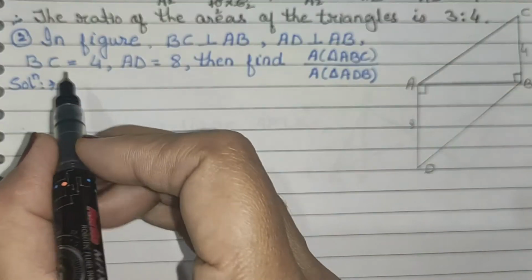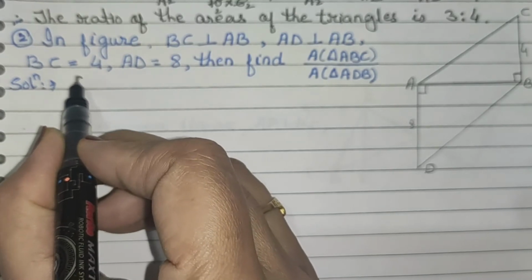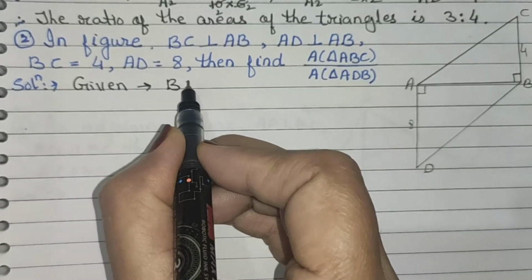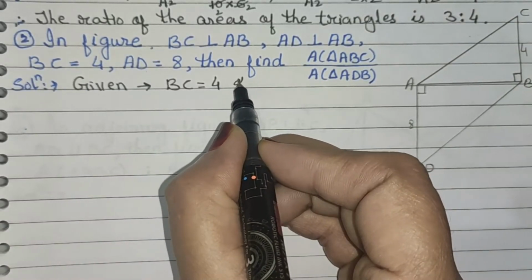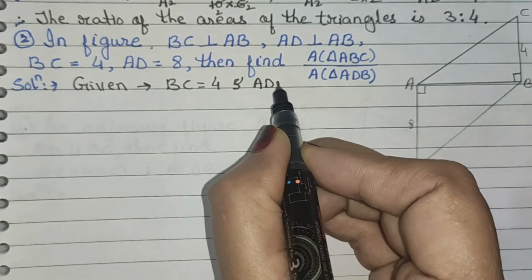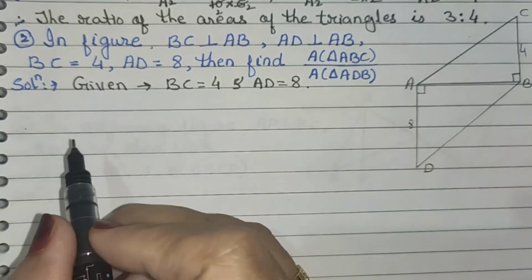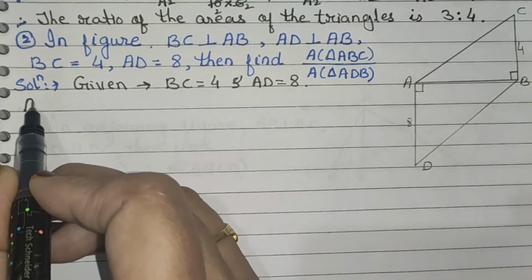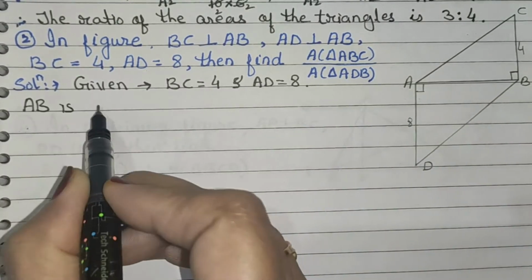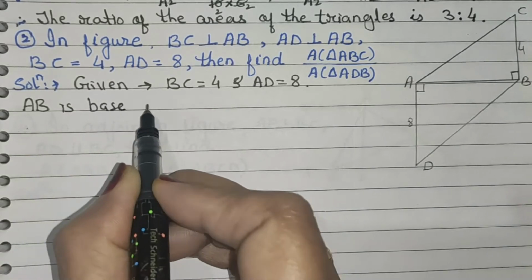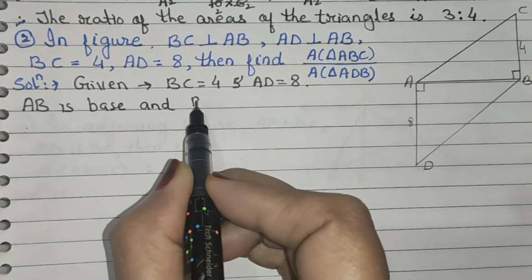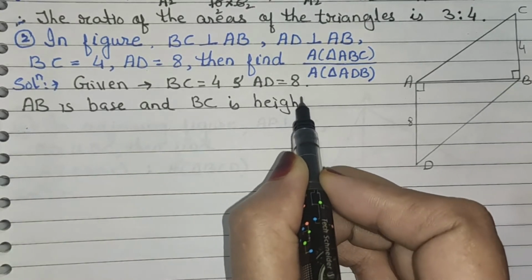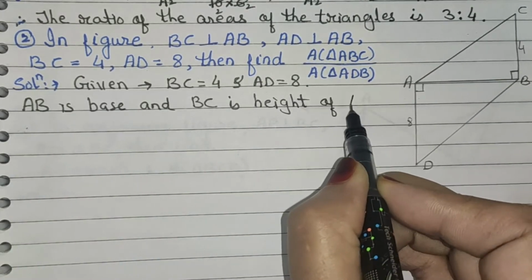Now write down here what is given. BC is equal to 4 and AD is equal to 8. Look carefully at the figure. AB is the base and BC is the height of triangle ABC,